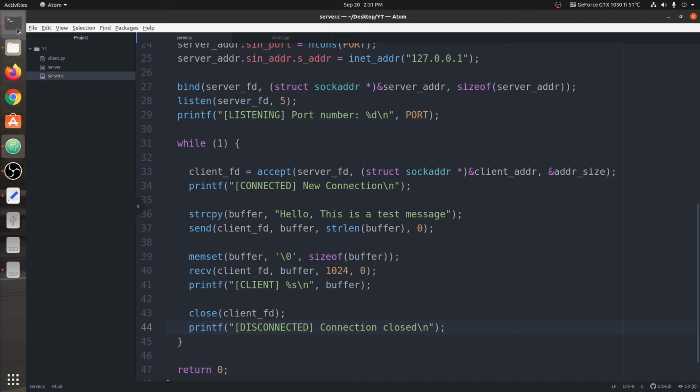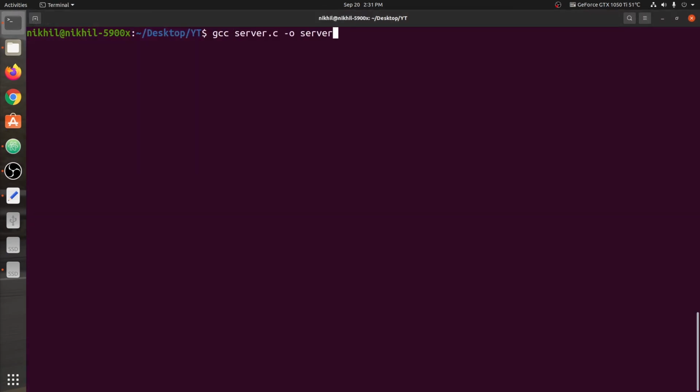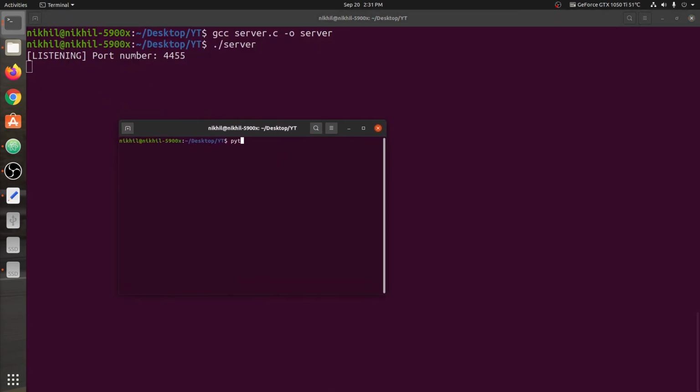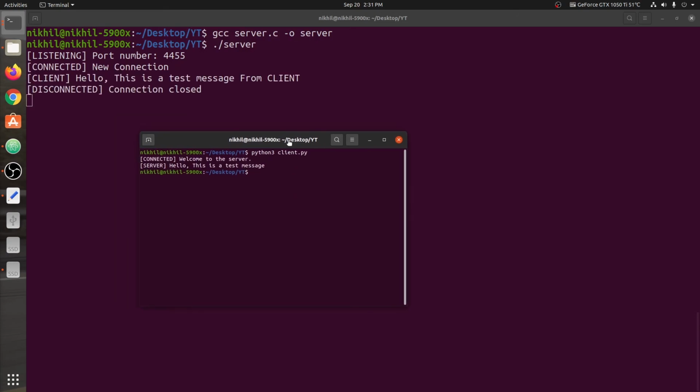Okay, so now we're going to compile this again, run it again, and we're going to open a new window for Python. We're going to say python client. Okay, so now I think you can see messages successfully on both the client console and the server.